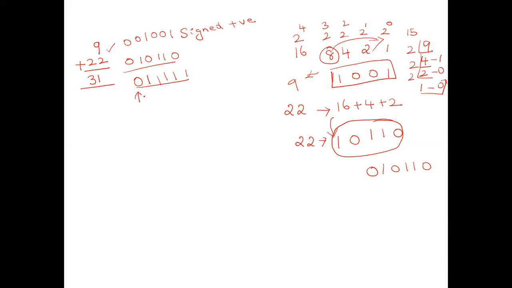Fine. This indicates the sign. So 0 represents positive. What about this? This indicates a number. What number? You know that 2 power 0, 2 power 1, 2 power 2, 2 power 3, 2 power 4. So 2 power 4 is 16, here 8, here 4, 2, 1. Now all five positions will become 1. So 16 plus 8, 24, 24 plus 4, 28, 28 plus 2, 30, 30 plus 1, 31. The answer is 31. Got it what I am saying?